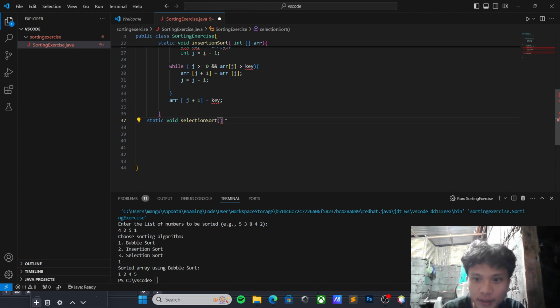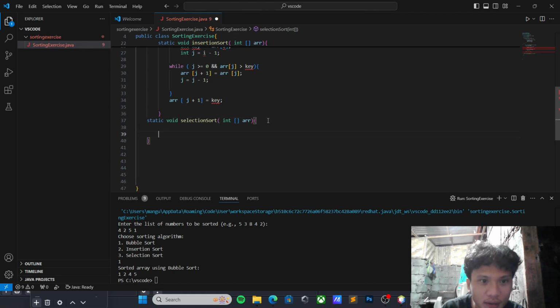In the parameter it holds an int array, the same as our reference variable. The selection sort method sorts the array by repeatedly selecting the smallest or largest element from the unsorted portion and moving it to the beginning.